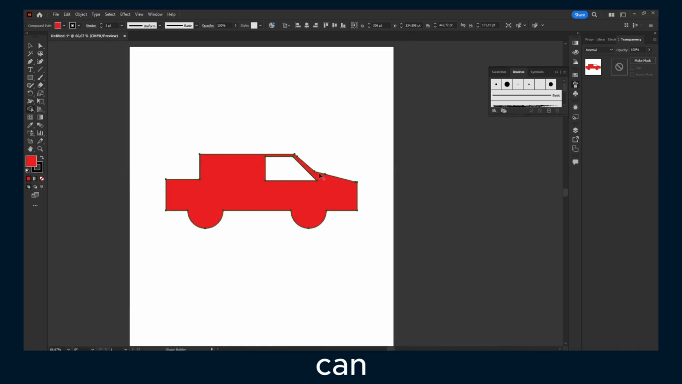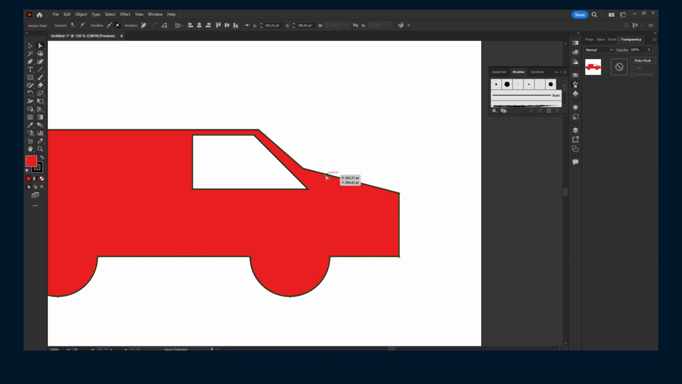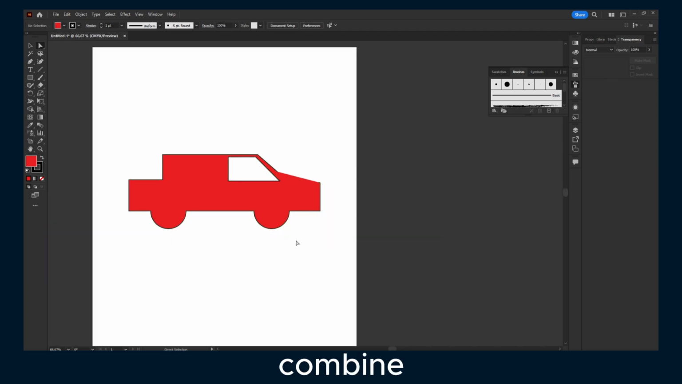Now of course we can do more work here, so we can change, but that's something you can do. You can remove this anchor maybe here. I don't know, but that's how you can combine